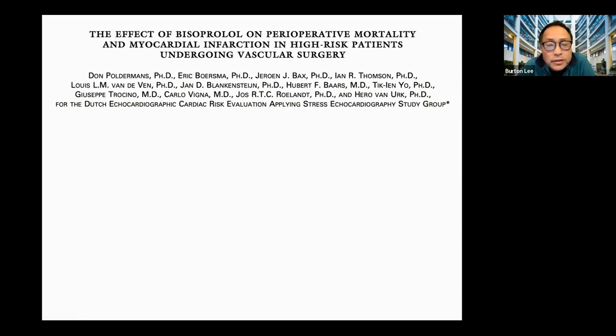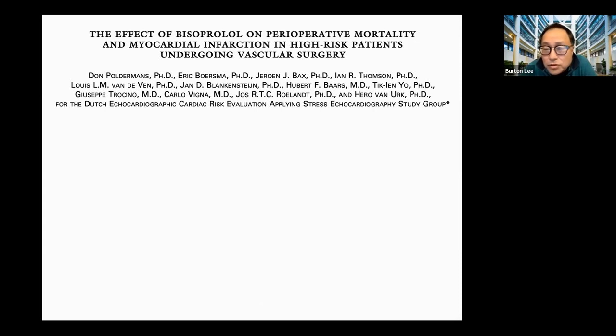So here is another example that comes from the New England Journal of Medicine, and if you're not aware of this, this is a family of studies called the DECREASE trials. The lead author here is Don Poldermans, and this is a paper that actually changed medical practice for a handful of years throughout the world. What this paper showed was that in patients undergoing major vascular surgery, perioperative use of beta blockers significantly reduced mortality and other major